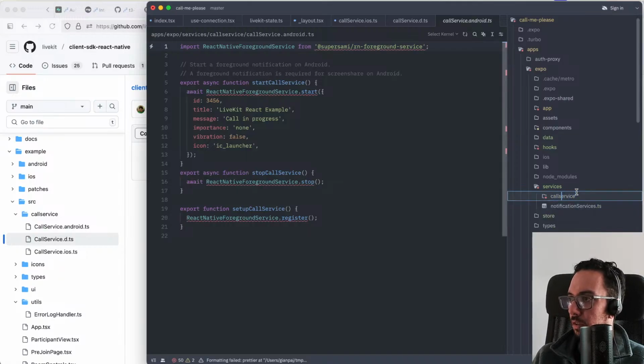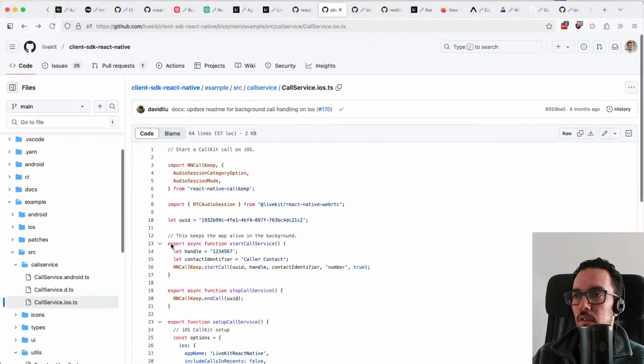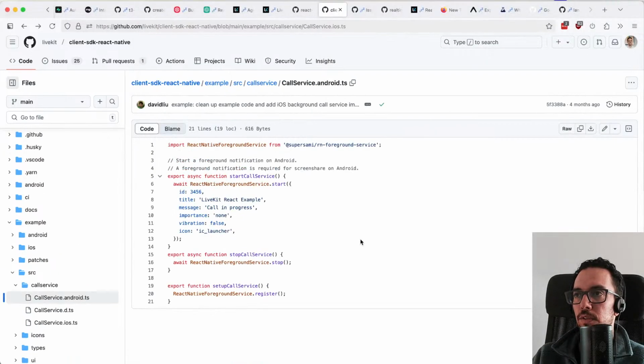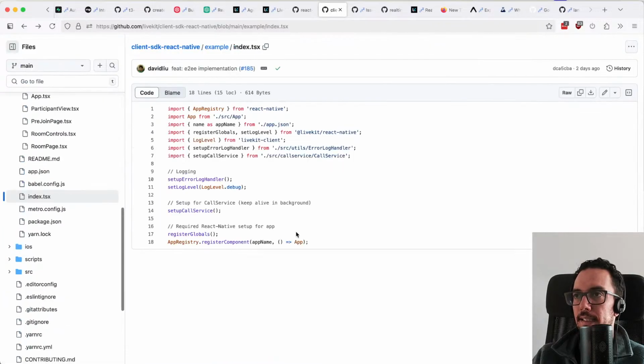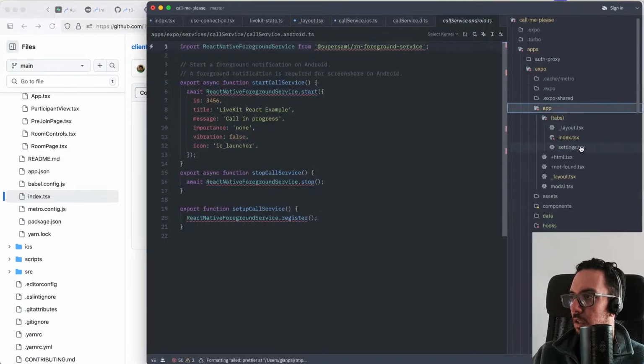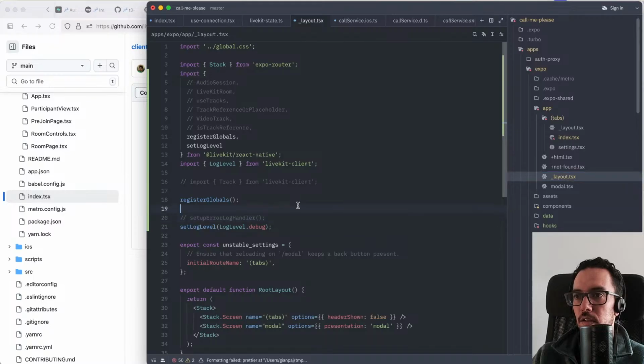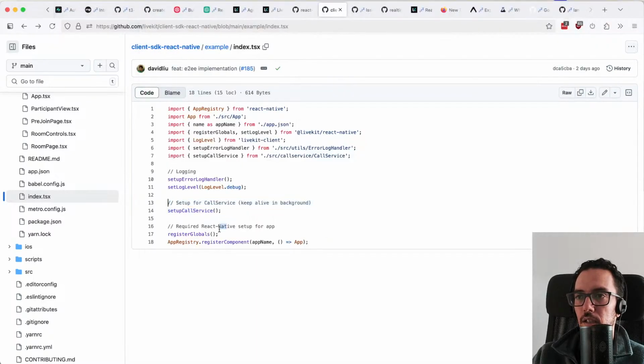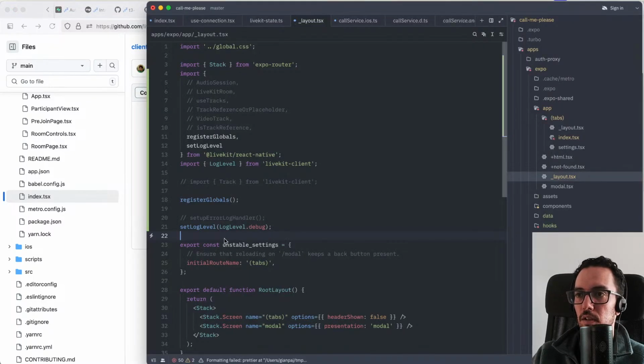Rename this, so it's kind of the same all around. And now who is using the call service? The call service is set up at the beginning, which we are doing it here. And it seems like it does it